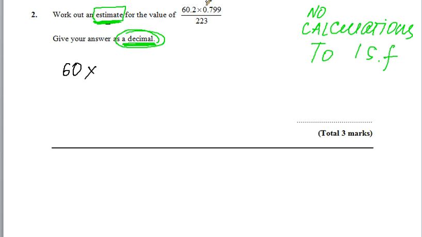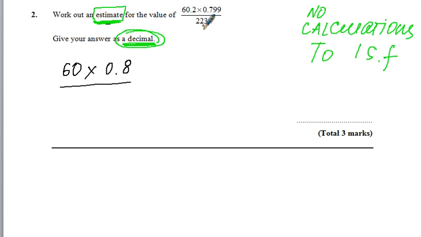Okay. Lots of problems was rounding 0.799 to one significant figure. Let's see, what is the first number which is not equal 0 from the left? 0 is 0, so the first number not equal to 0 is 7, isn't it? So therefore this 7 will stay, only it has to be rounded up since the next digit is 9. So therefore I'm rounding and I'm getting 0.8 divided by a number which is